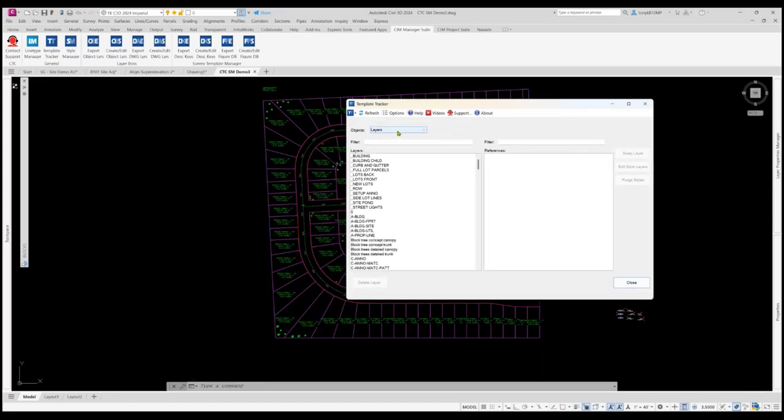Now here's our objects, and we have this list to choose from. So if I want to find out where any of these layers are being used, I can see right there that that's being used in this entity for a polyline. So layer 0. A lot of stuff comes in